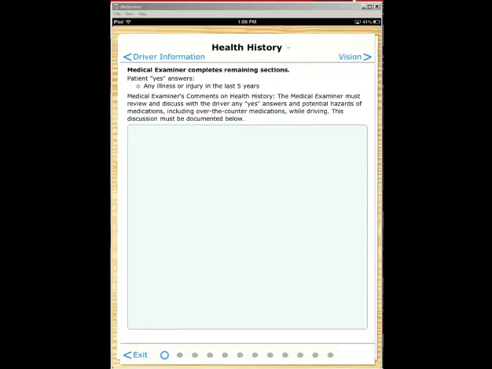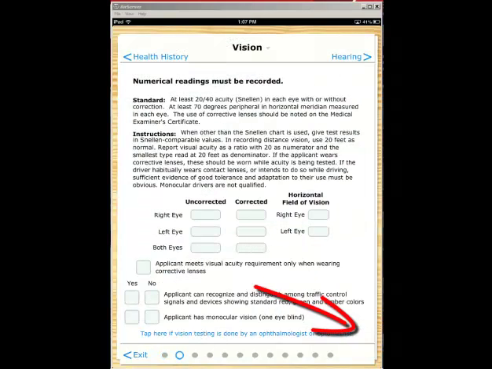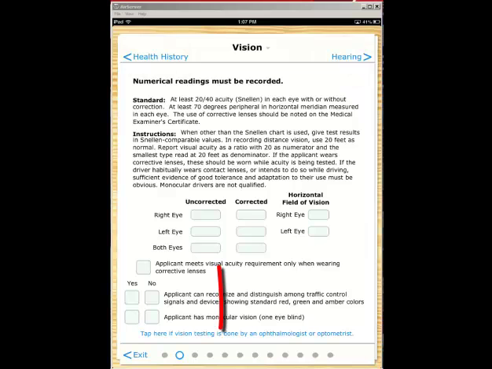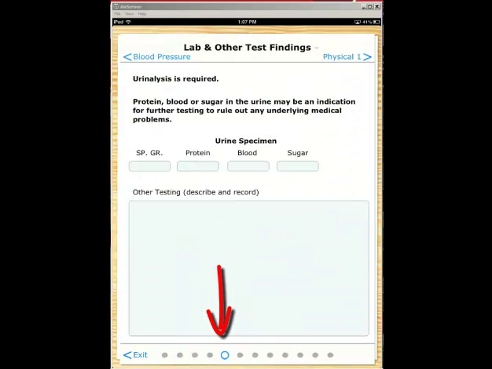The next page allows you to put in your comments as the medical examiner. Continue on the exam. There are several different ways of changing the pages. You may change the page by flipping with your finger, by just dragging the page over, or by touching a button on top that says either health history or hearing to take you to the next page. You can click on the buttons on the bottom to take you page by page through the exam, as well